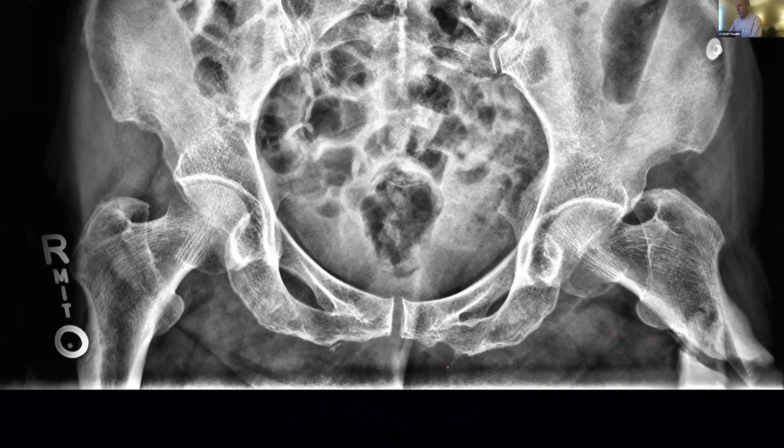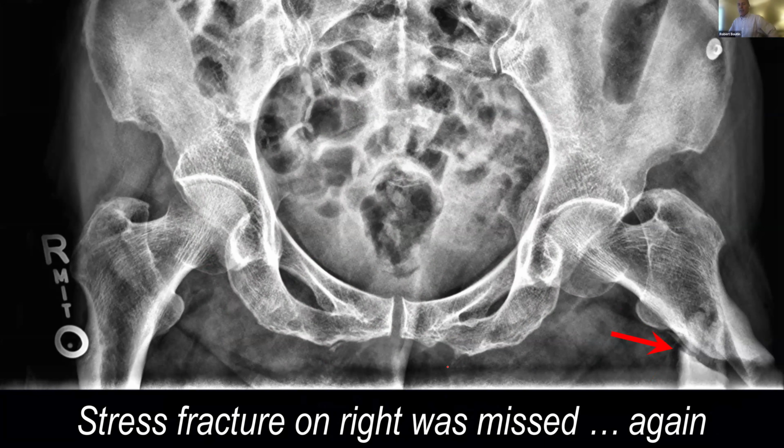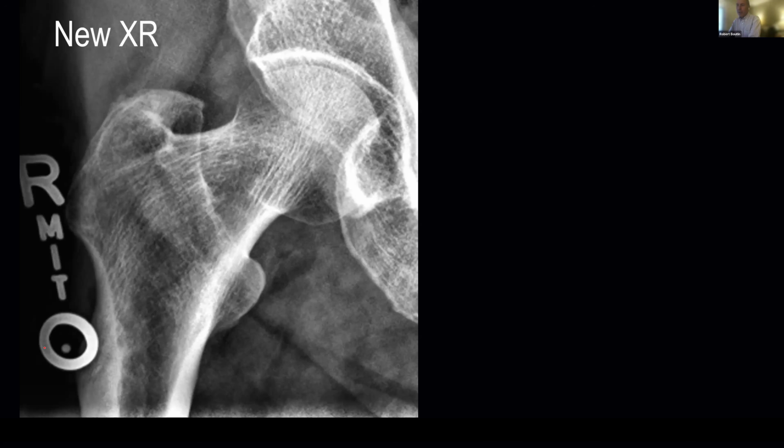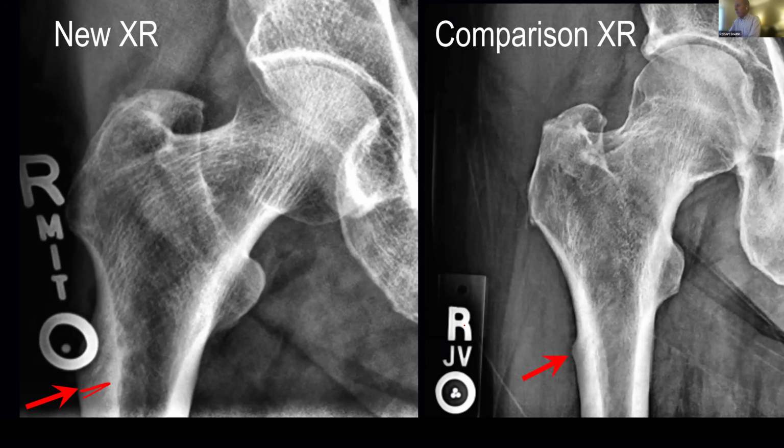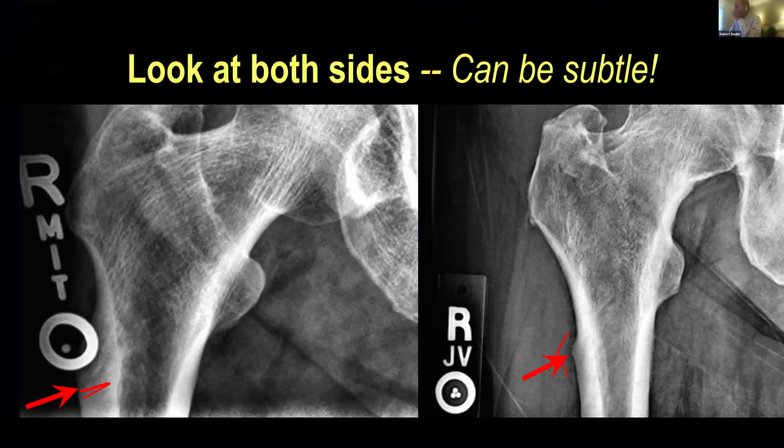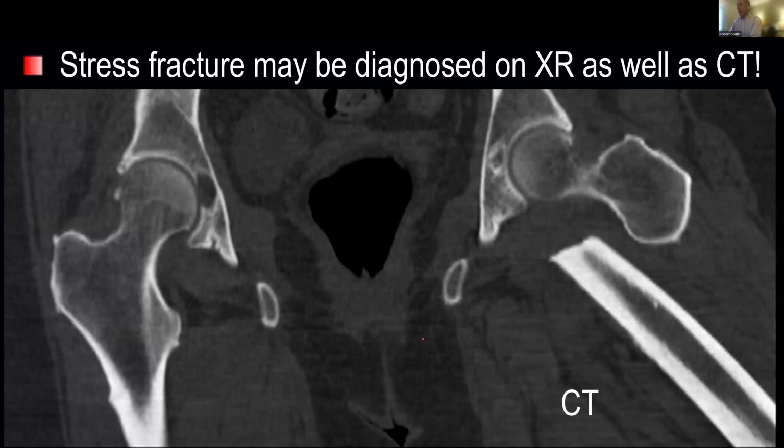So is there anything else that we should be looking at? Well, Murphy's Law being what it is, we have to look for a stress fracture on the contralateral side, even if the radiographer taking the radiograph is trying to hide it with their marker. There is this subtle linear lucency in the contralateral cortex. And the very first image that I showed on this patient before the fracture had completed on the contralateral side showed this bump. So beware of this beaking, lateral femoral cortex, because these stress fractures